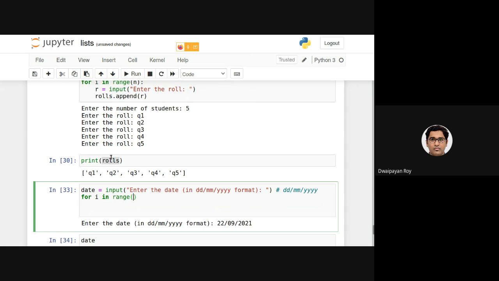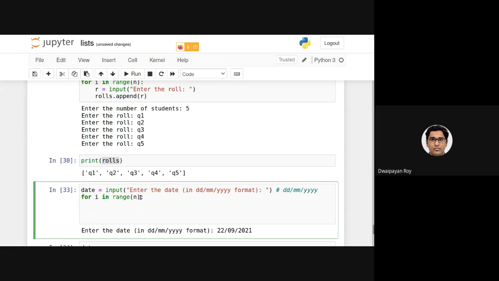Now we have this roles, and in this case we know the length of roles will be n, right? Because that's how the roles has been initialized. So we can use this, and we need to take the attendance, say a equals to input.